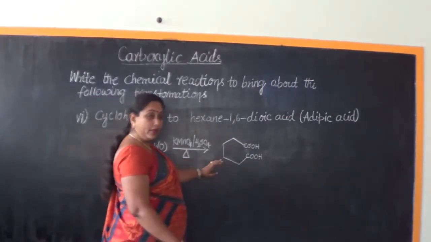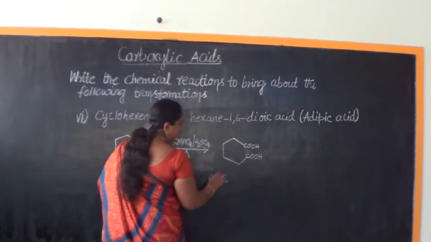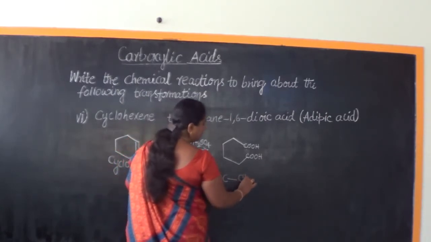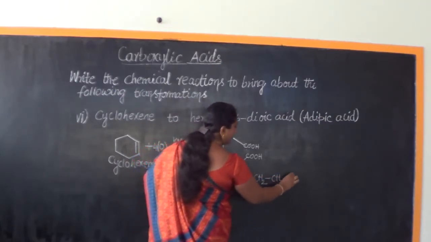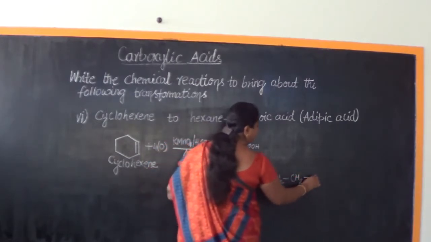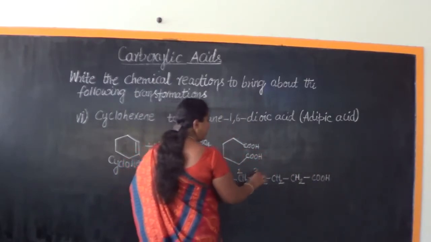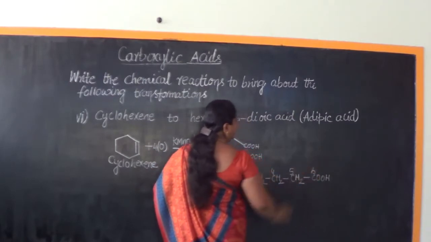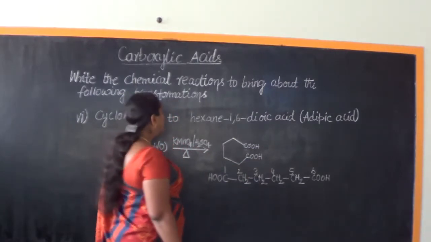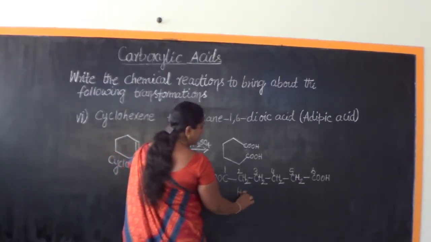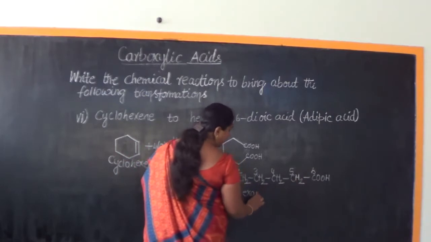If I were to write it in a linear fashion, how will the structure be? This will be the first carbon atom, second, third, fourth, fifth, and then the 6th carbon atom. So if you number from here, 1, 2, 3, 4, 5, 6. What would be the name of this compound now? The same structure, I have written in the linear fashion. So now it's going to be hexane. Hex because 6 carbon atoms, and because they are all saturated carbon atoms.